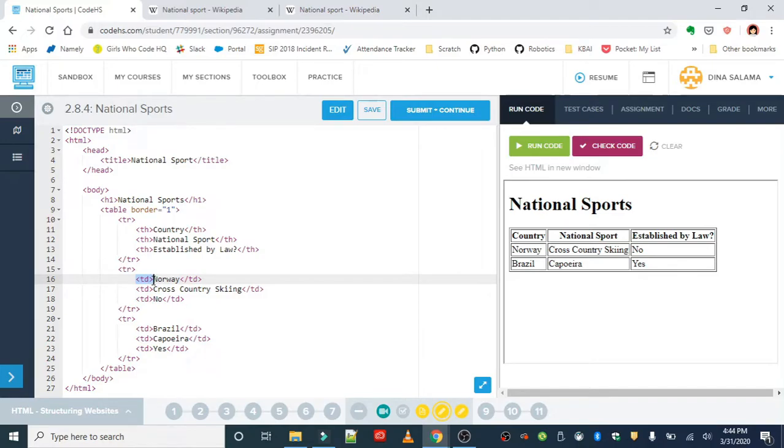So the difference between the TD and TH is just basically the TH tags will bold whatever's inside of that cell, and the TD tags won't. So generally we want to use the TH tags when we're creating column headers, and we want those headings to be bolded. Now, one last thing I want to point out before we add in our additional rows is that